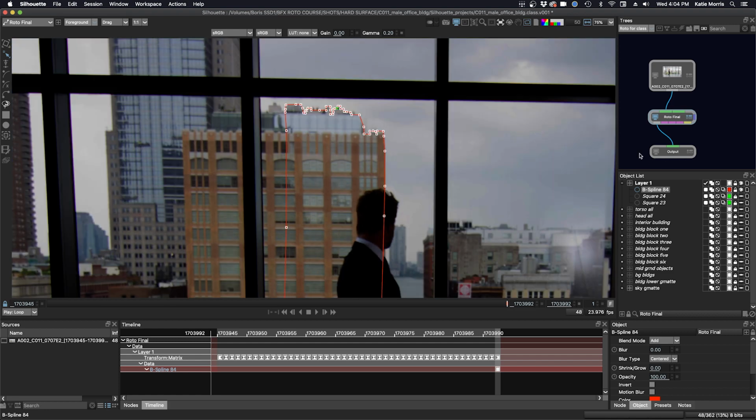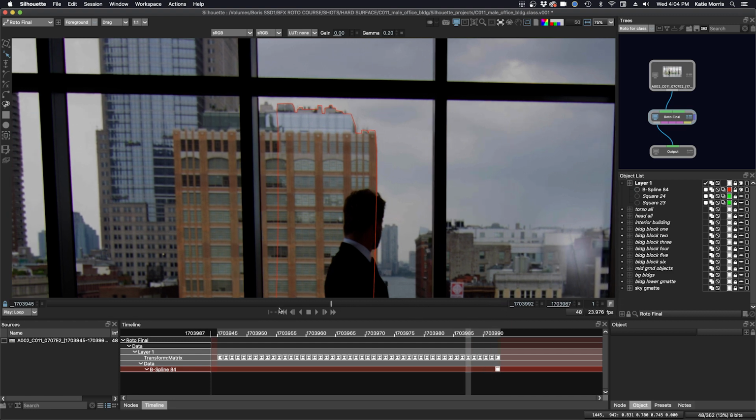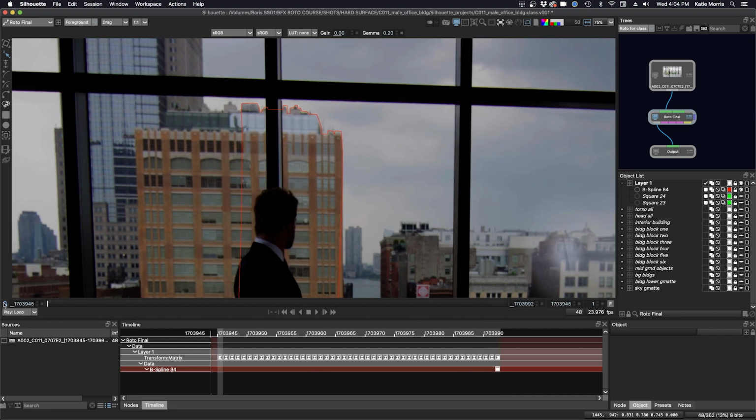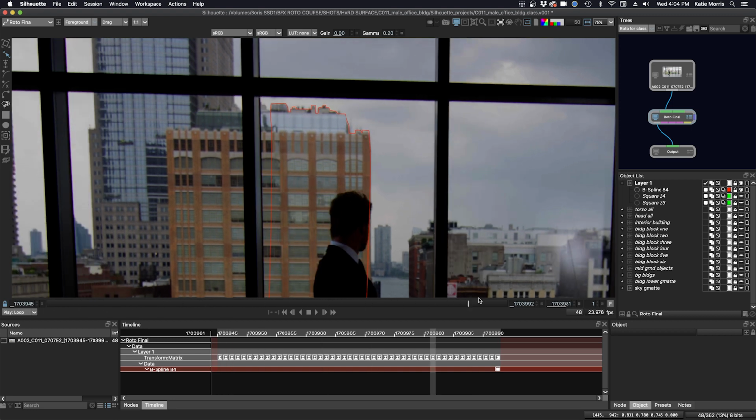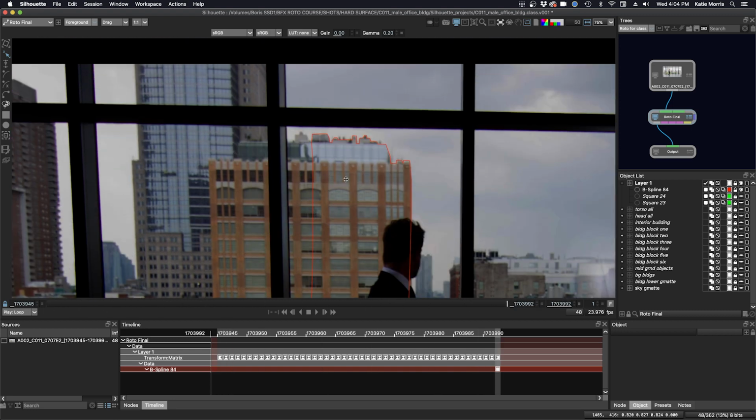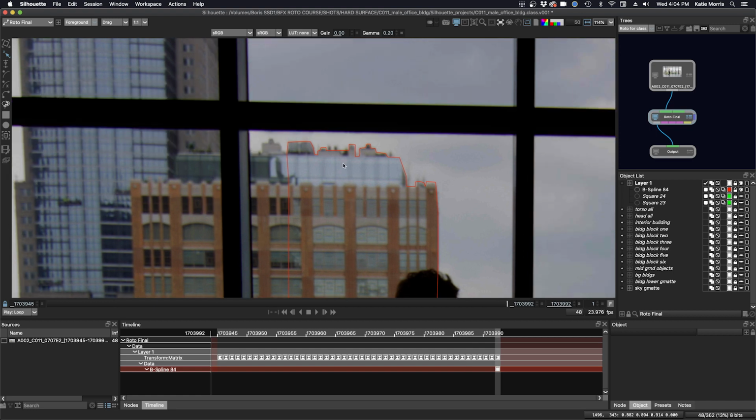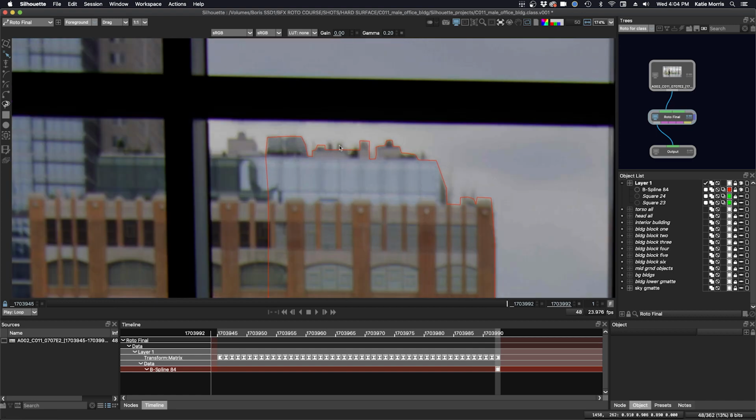Okay, so let's take a look and see if it follows the track. I'm pretty sure it did because the track looks solid. We've got the rotation in there. So now you've noticed I have not made little shapes for these little parts of the building on the top here. And I've decided I'm going to use an open shape for that.